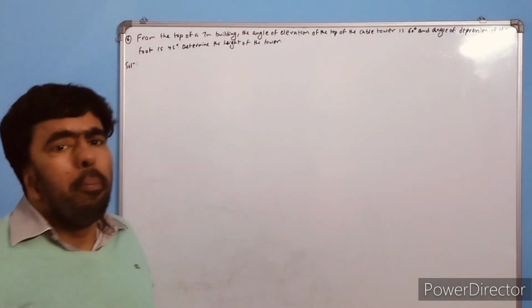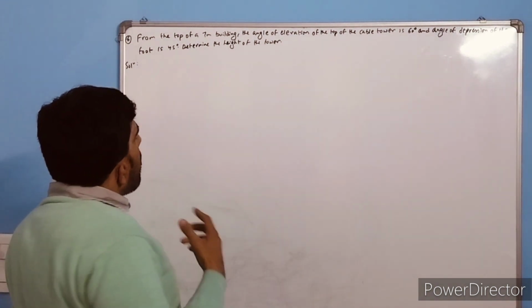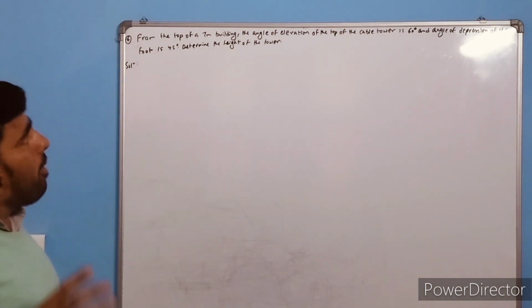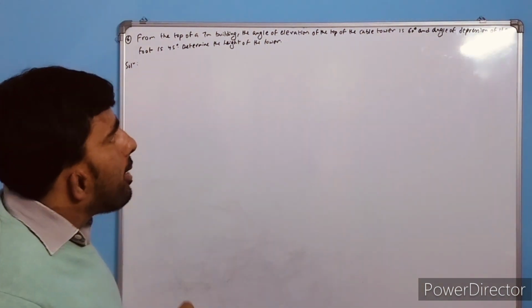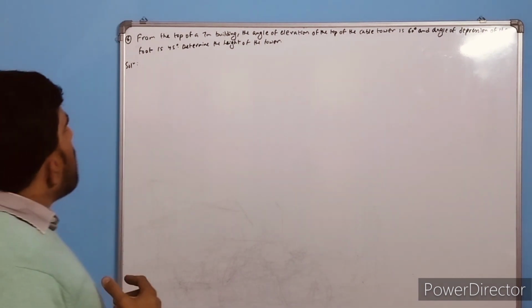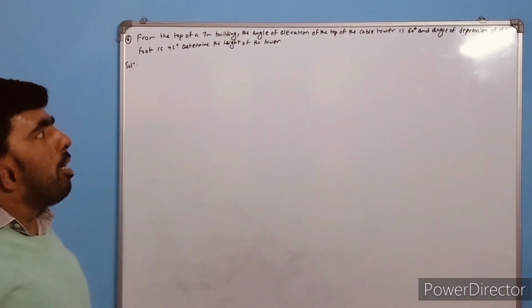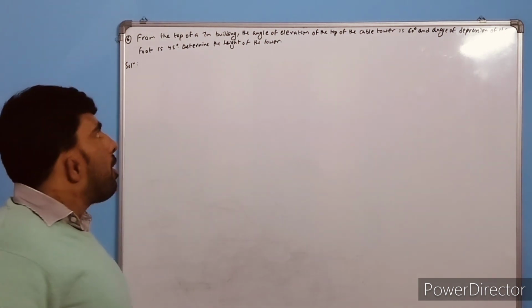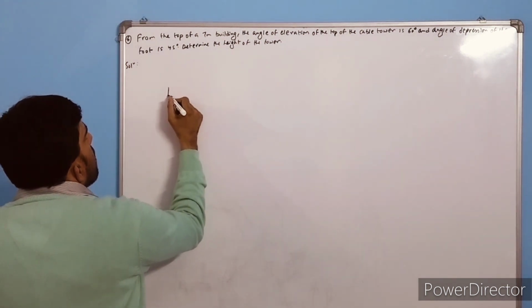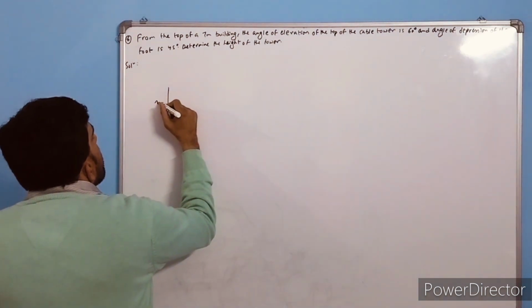Now see, the next numerical we have: from the top of a 7-meter building, the angle of elevation of the top of the cable tower is 60 degrees and the angle of depression of its foot is 45 degrees. So we need to find the height of the tower. How? Let us first draw its figure. We have given is a building that is 7 meter